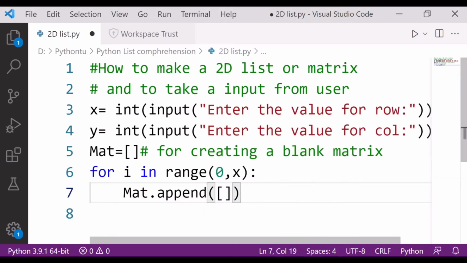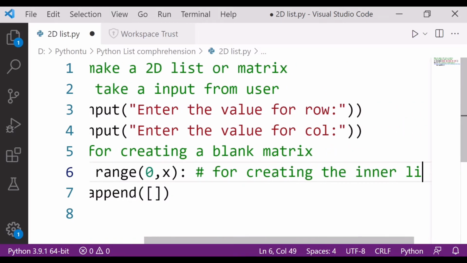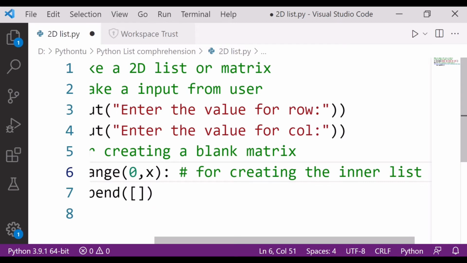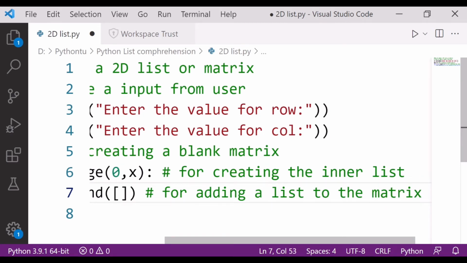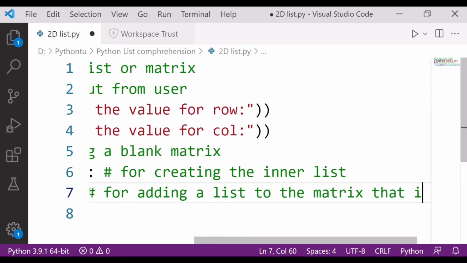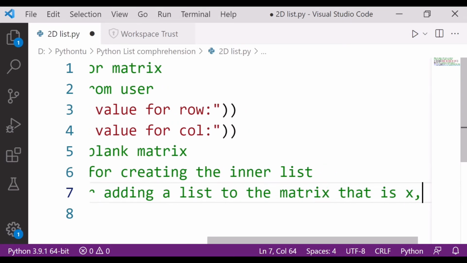Let me write down here also for your reference why I am using this: for creating the inner list, and this is for adding a list to the matrix, that is x comma y.